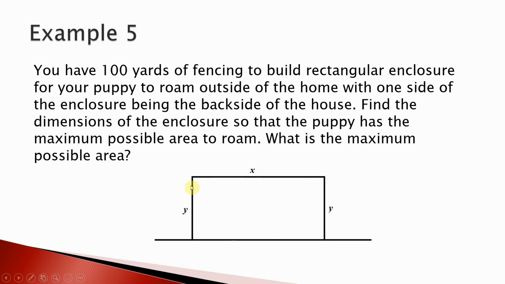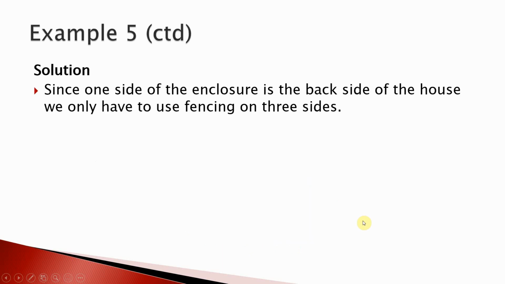So we only need fencing here, here and here, only 3 sides. We need to fence only 3 sides. So since one side of the enclosure is the back side of the house, we only have to use fencing on the remaining 3 sides. Okay, so